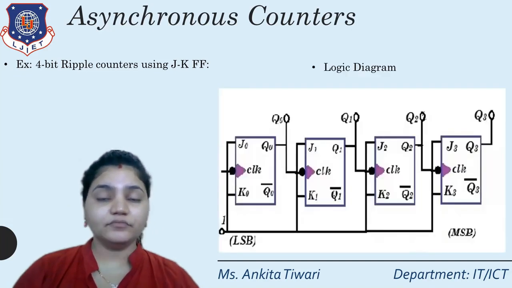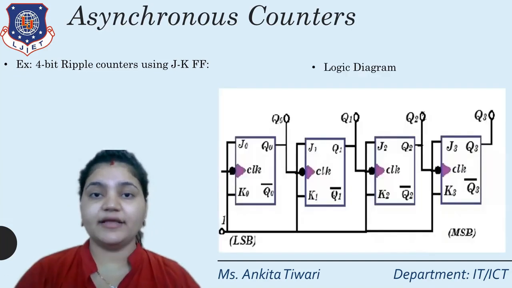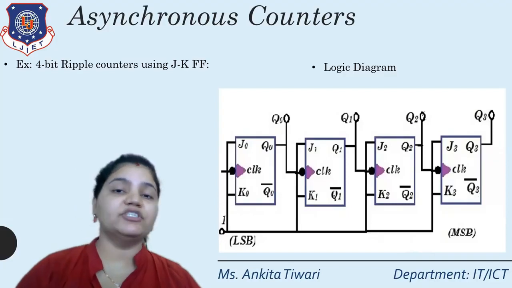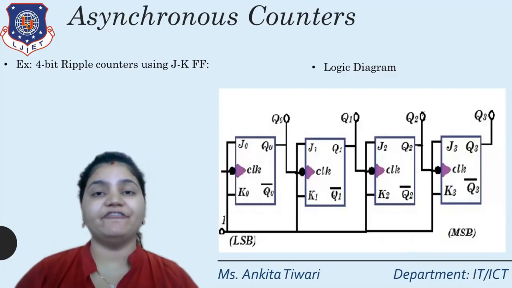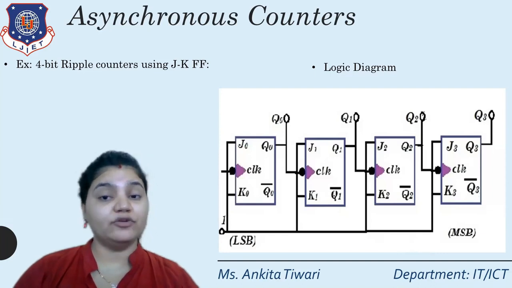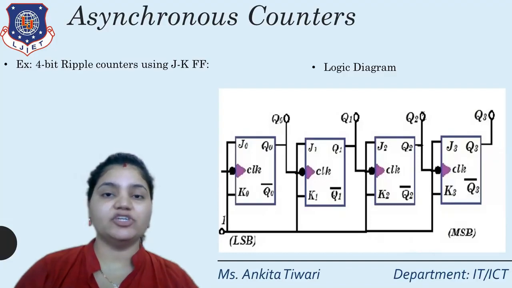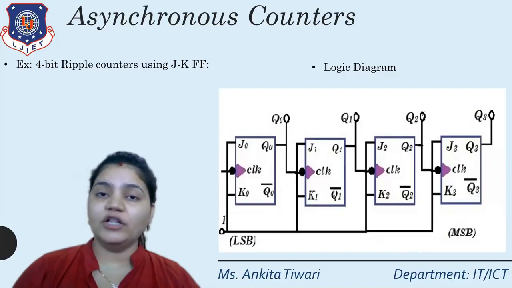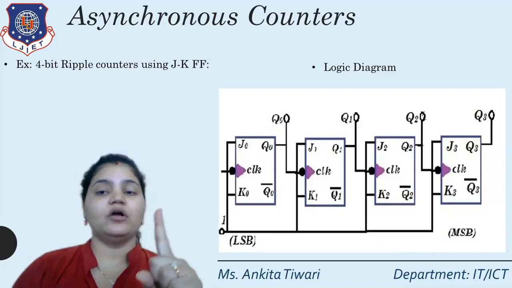The next step is the logic circuit. Now, as you can see, we have the example of 4 bits. That means 4 flip-flops will be there. With respect to 4 flip-flops, first of all we have the inputs, that is JK. With respect to JK, we will have 8 inputs, that is J0, K0, J1, K1, J2, K2, J3, and K3.